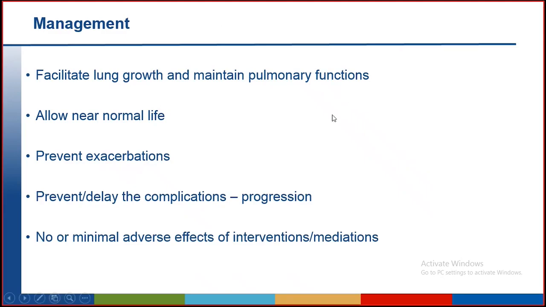Okay, so then how do we manage? What are the principles of management of these children? Once the lung damage, especially bronchiectasis, is established, one cannot reverse these changes. So they are permanent changes. So once we get a child with this type of so-called chronic lung disease or bronchiectasis,